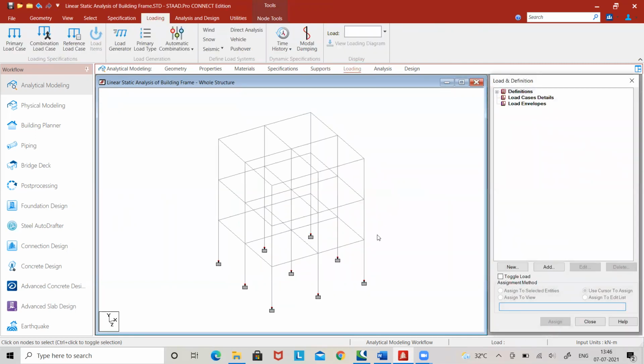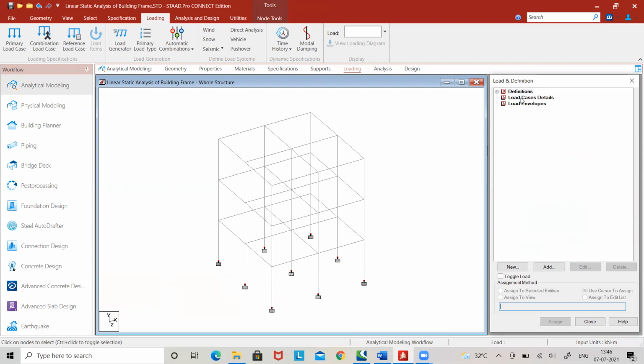In this, any building structure can be analyzed for earthquake by using four methods. I am only considering the linear static method. The structure will be in the linear condition, and the loads will be calculated proportionate to the dead load and live load. Other methods are also there, but I will show that in my next videos.